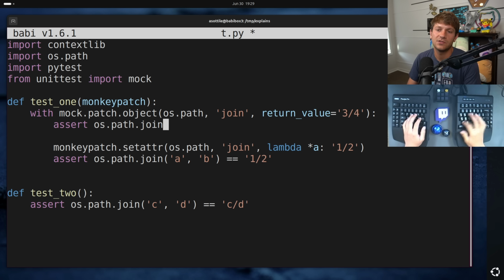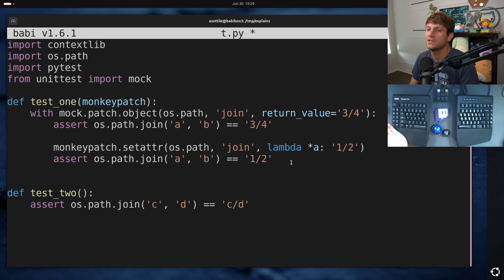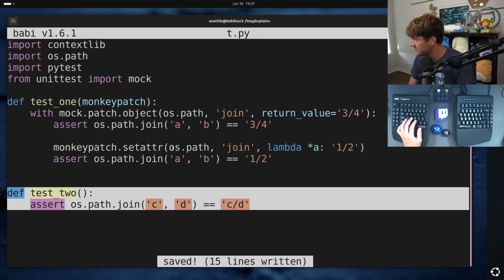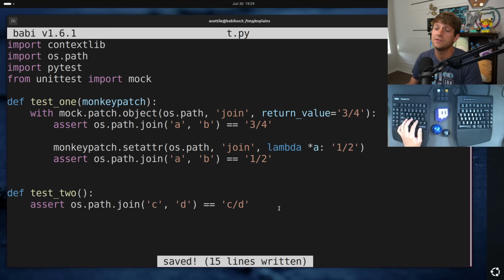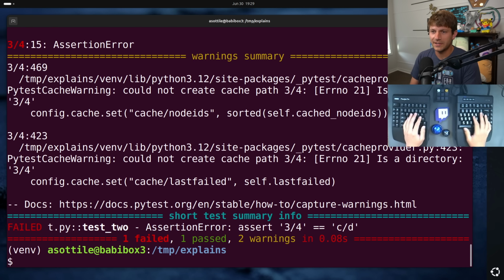Assert os.path.join, what was it? A b is equal to 3/4. So first patch applies, we get 3/4. Second patch applies, we get 1/2. Cool, great. And then we hope that both of these patches are torn down, and eventually we're able to replace the one at the end. So if we run this, unfortunately, whoa,